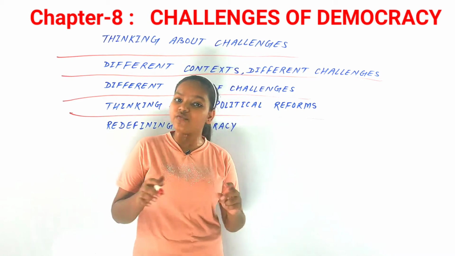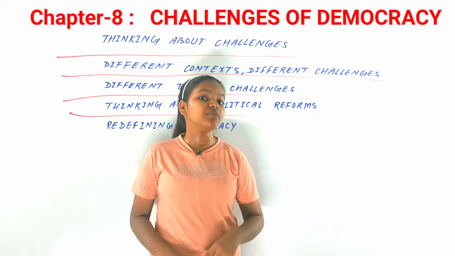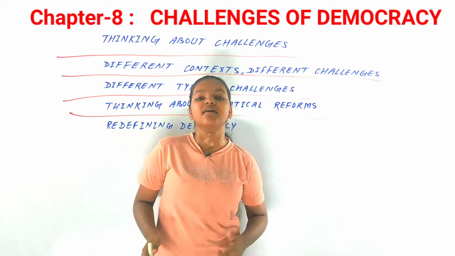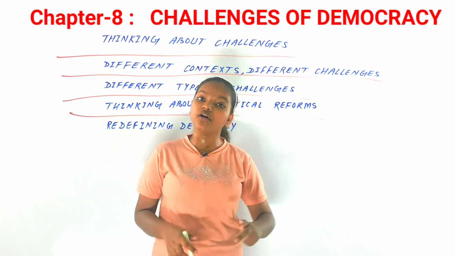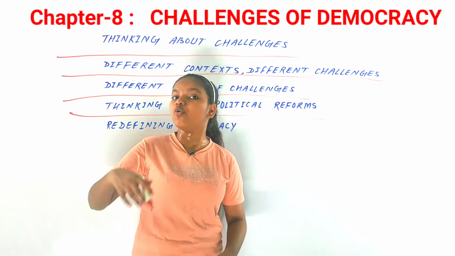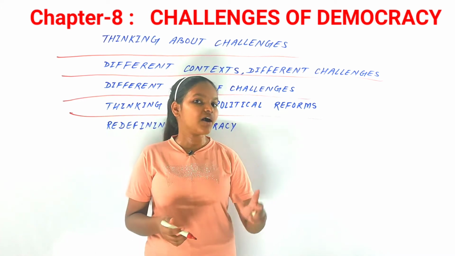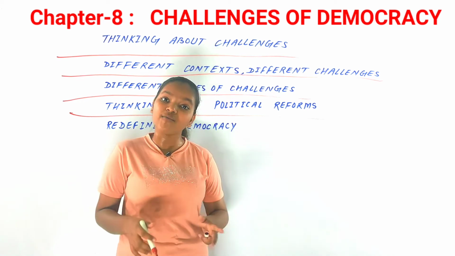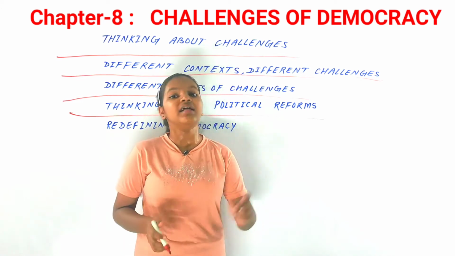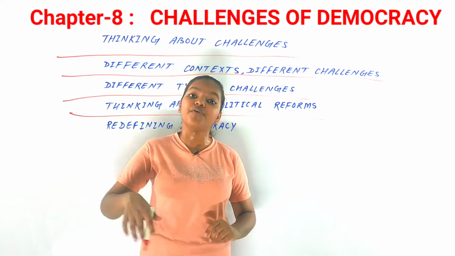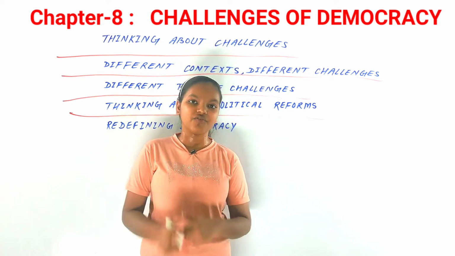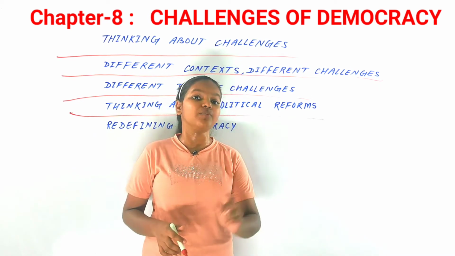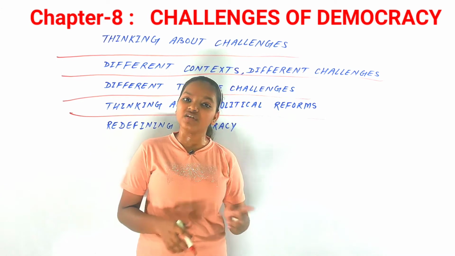After that, we need reform in our country, and the focus should be on popular participation in the political arena of democratic politics. More focus should be on political participation by ordinary citizens, so that all the people of our country can have a role in making decisions of our country. They can have a role in political parties, in the politics of our country. So more focus should be on the political participation of ordinary citizens.